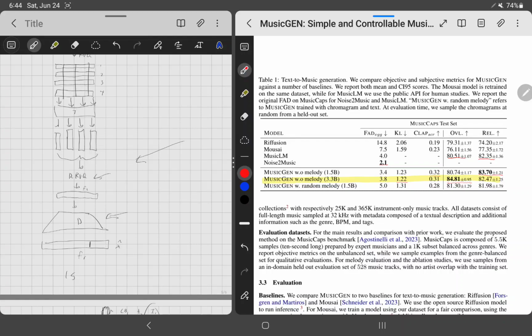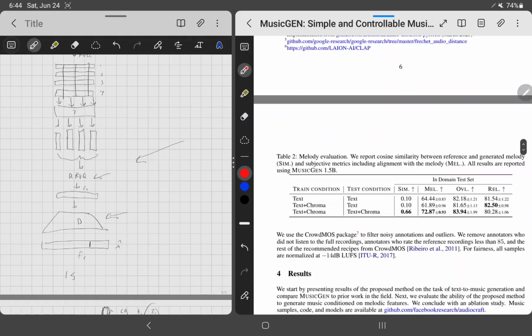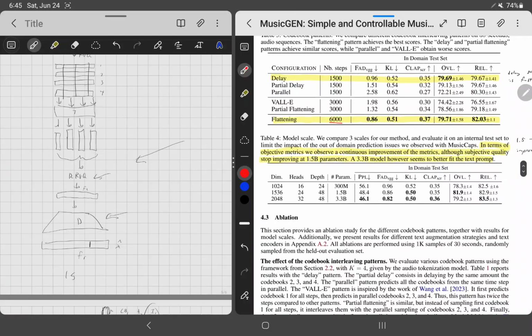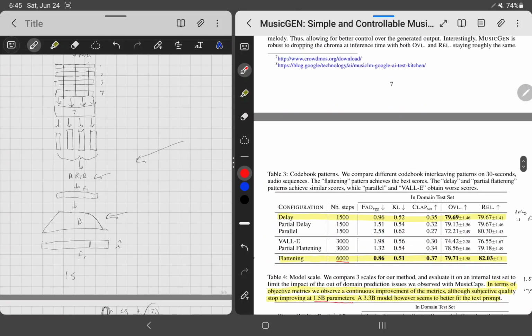And one thing that they did find, interestingly, was that the music generation did really well at 1.5 billion, but it did even better at 3.3 billion. It did really well up until 1.5 billion, but once they got to the 3.3 billion model, it wouldn't do better with the music generation, but